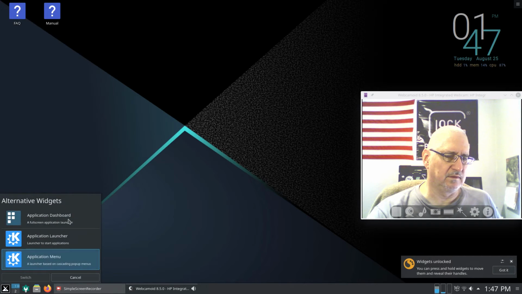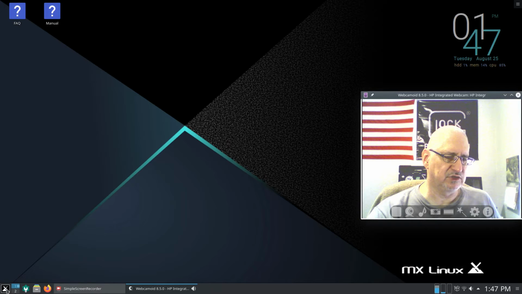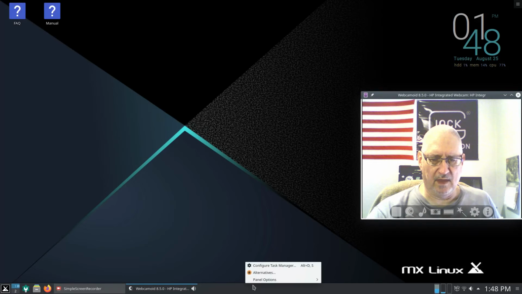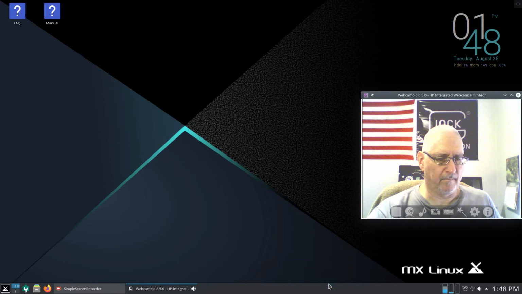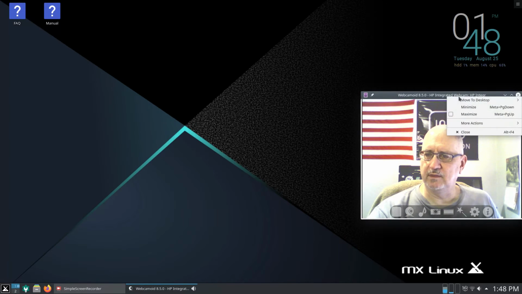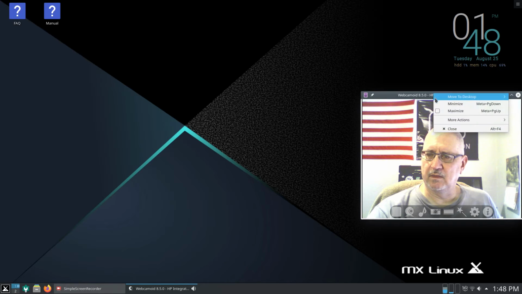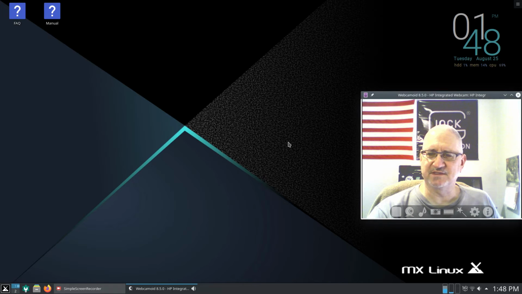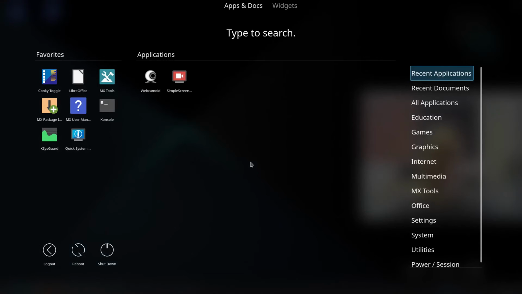Alternate, application dashboard, switch. Now we got our dashboard. So we can go ahead. Now we can lock the panel. And let me go ahead. More actions. Keep above all others. That way you can see my smiling face once we open other stuff. So I'm going to open this, and it's not keeping me above stuff. What the heck? Anyway,